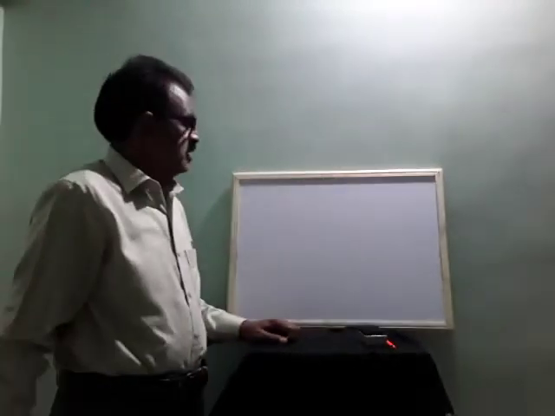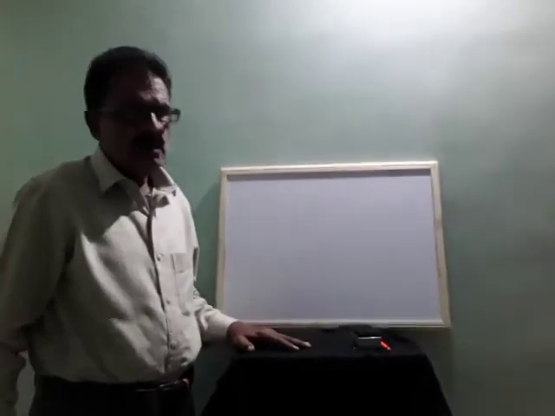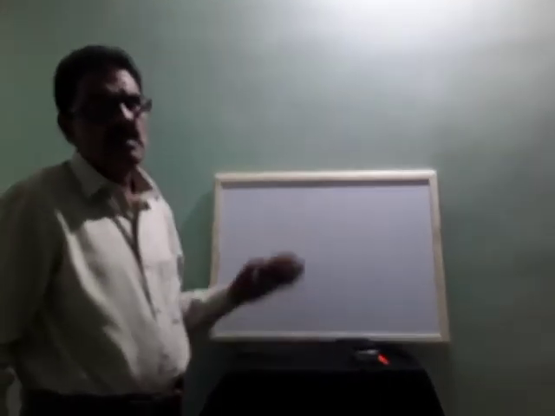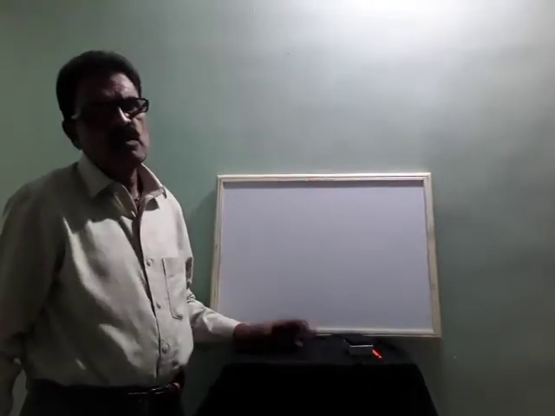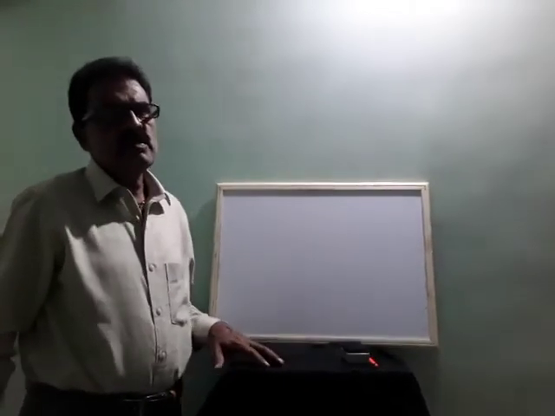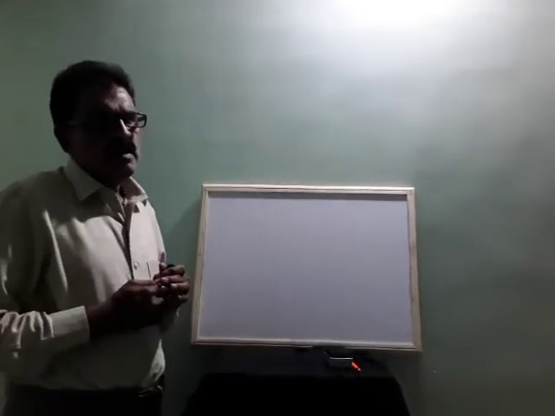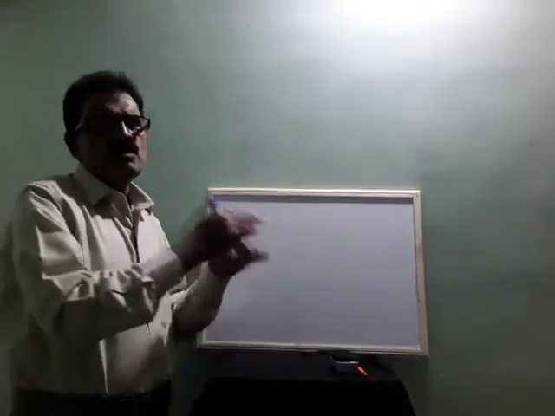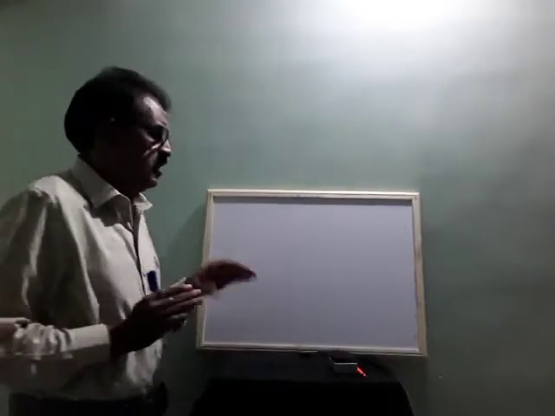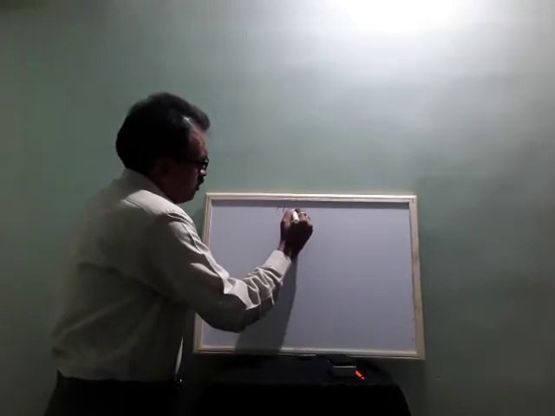Good morning, children. Today we are dealing with two important salts. One is baking soda and one is washing soda, and POP, plaster of Paris. So initially we start with baking soda. What is actually baking soda? When you say soda, generally it is made from sodium. Okay. So we'll start with baking soda.